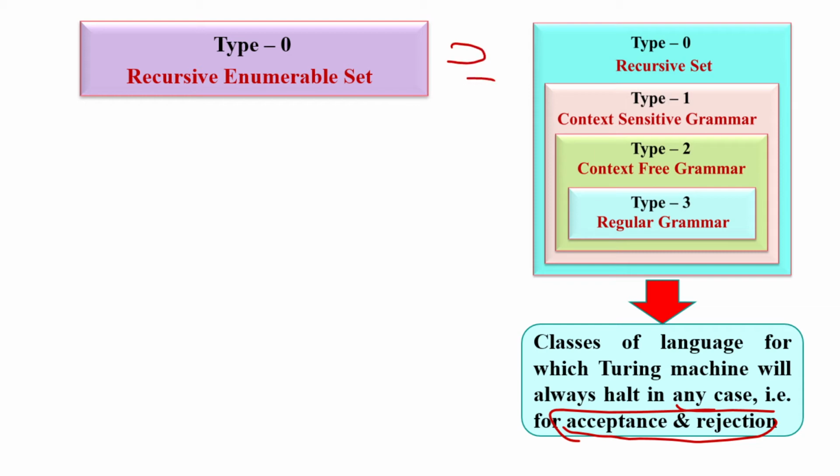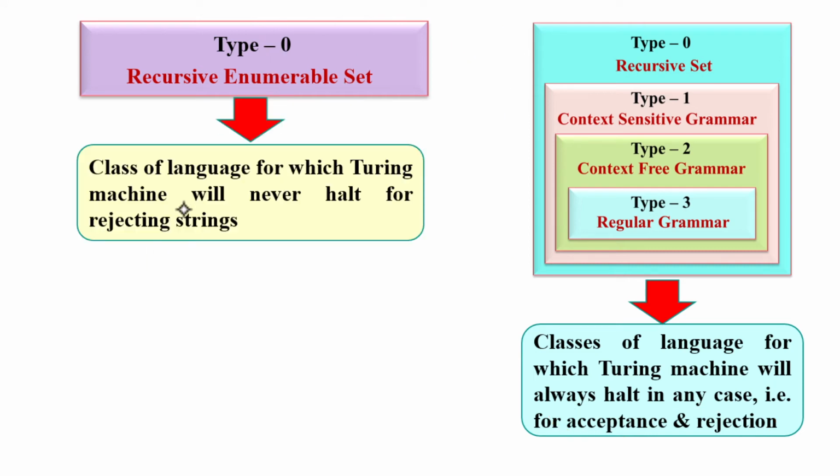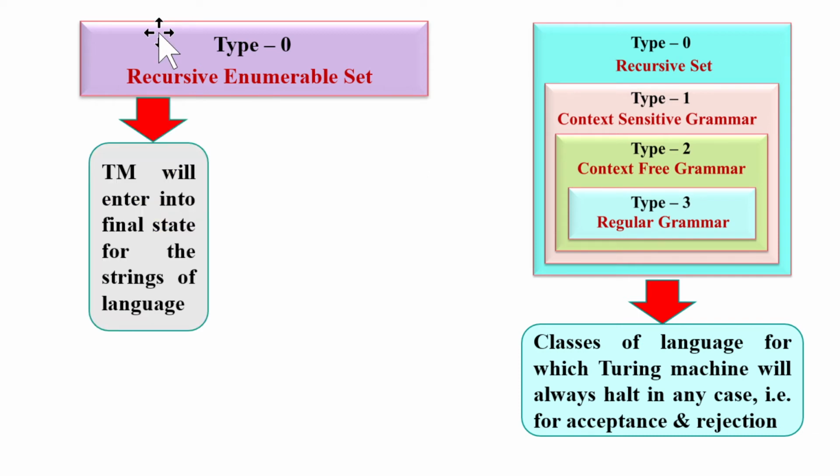This is the complete set, and all these classes are subsets of the recursively enumerable set. For a recursively enumerable set, as we have said, the Turing machine will never halt for the rejecting string, meaning for the strings that are not in the language, the Turing machine will never halt. To describe it in more detail, we can say that the Turing machine will surely enter